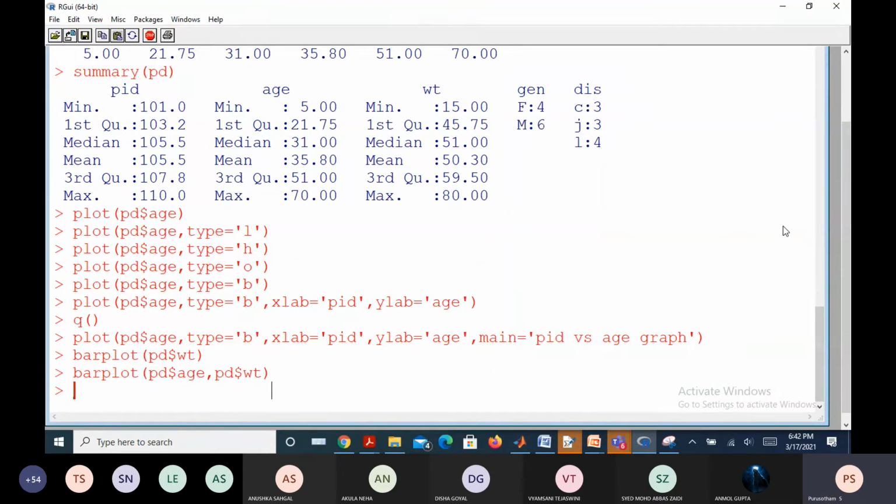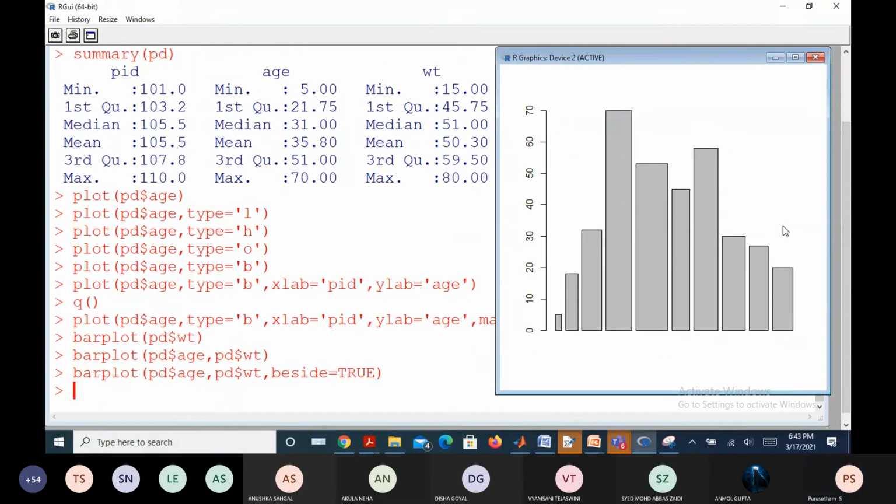Can you use something in this syntax itself, beside = TRUE? Still it is not working as expected. I need to change certain specifications in order to get it that way.